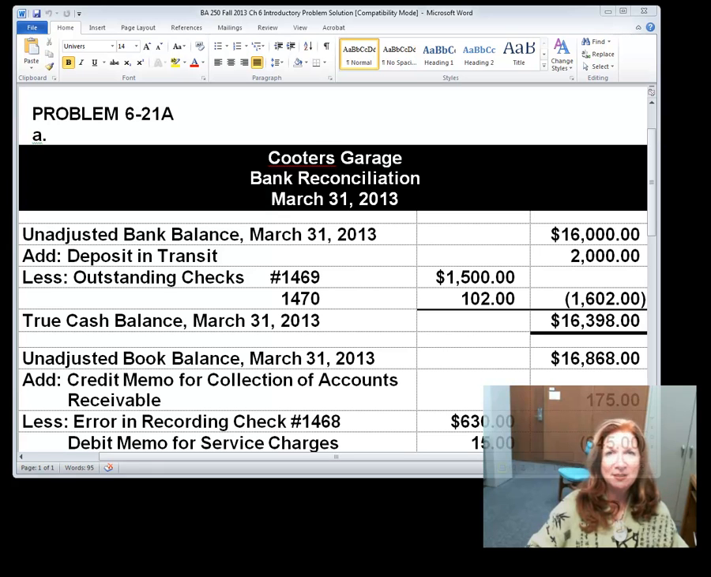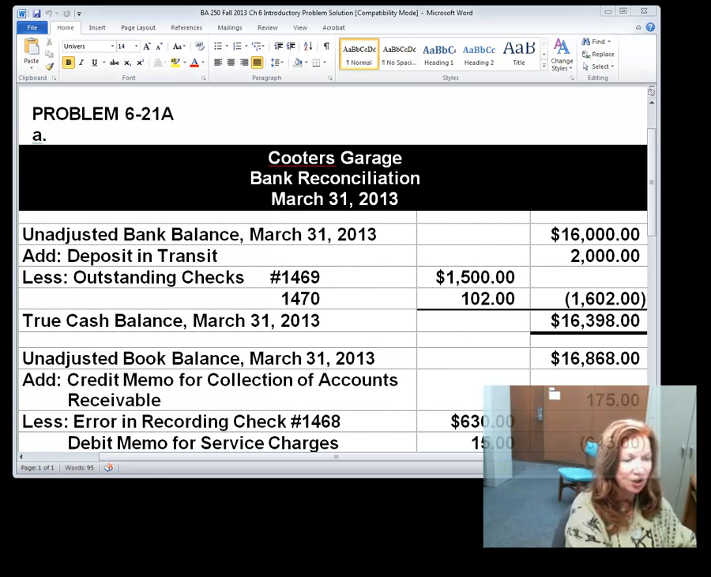The problem is 621A, and that's on page 343. This bank reconciliation and adjustments for an account says the following information is available for Cooter's Garage for March 2013. It's got the bank statement from Hazard State Bank in Hazard, Georgia, and it has the beginning balance and